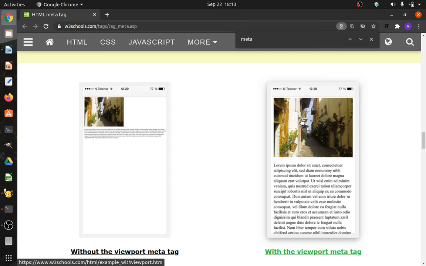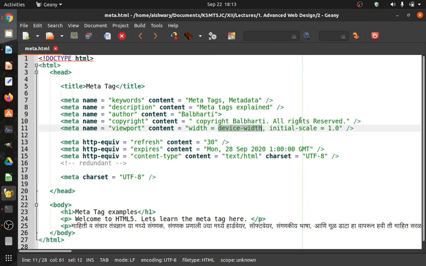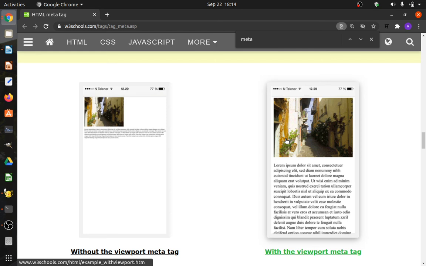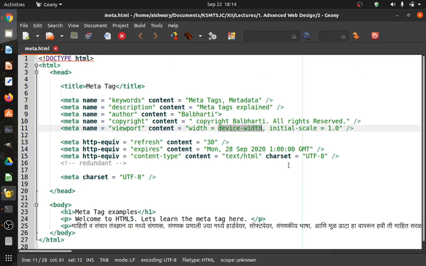Basically, to repeat, the viewport defines the viewport that will be presented for the individual devices. And now with this, we are defining the page width to be compatible with whatever the width of the screen is that the page is rendered with. And scale, if you see the previous difference, the right side scale is maximized to suit the small screen. Now the text is scaled up. That's how the difference is there.